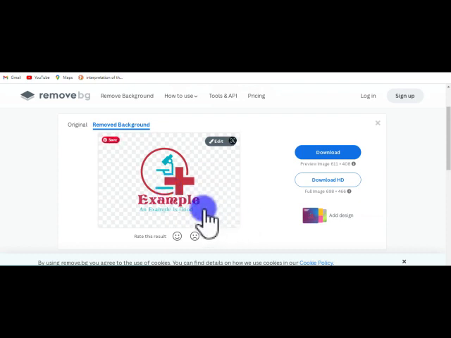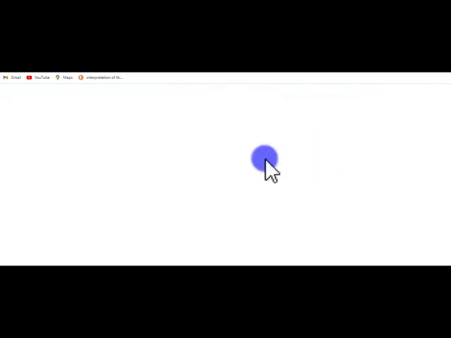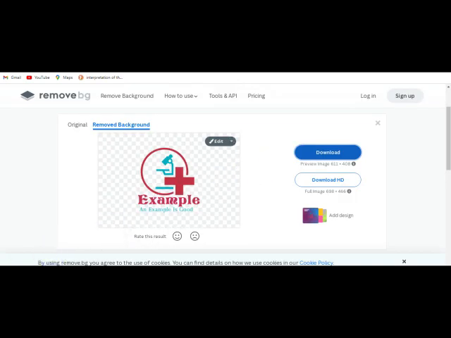You can see it looks now very clean. There is no background now on this image. After you have done that, just make sure to come to download. Click on download and your logo is going to be downloaded again. And now you can see it looks like this without any background. Let it download while I try to open it so that you can see how it looks